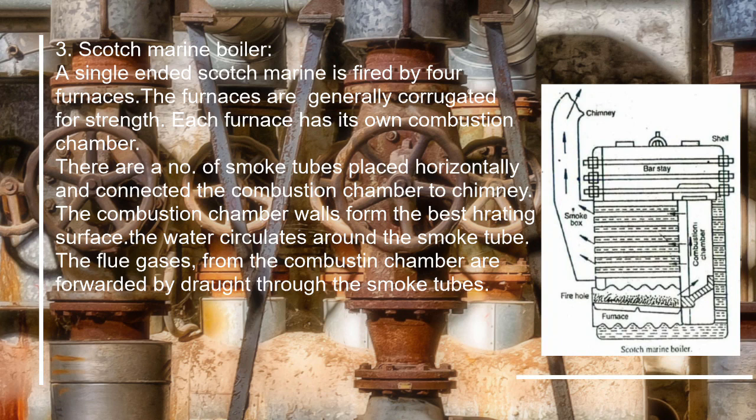The length of a single-ended steam boiler may be up to 3.5 meters, while for double-ended up to 6.5 meters. A single-ended boiler has 1 to 4 furnaces which enter from the front end of the boiler. The double-ended boiler has furnaces on both of its sides and may have furnaces from 2 to 4 in each end. Each furnace has its own combustion chamber.